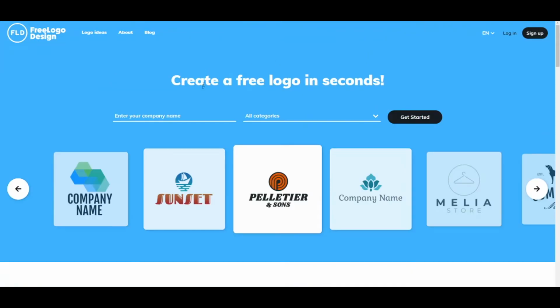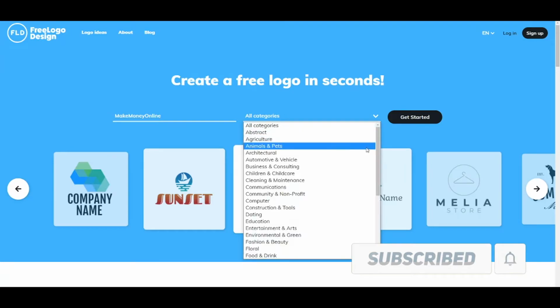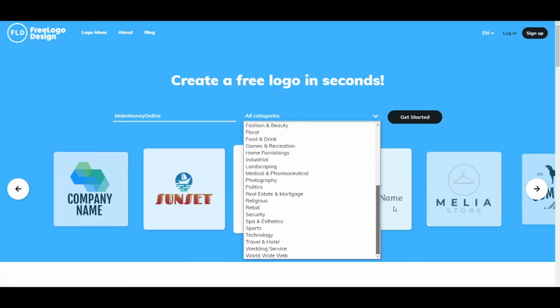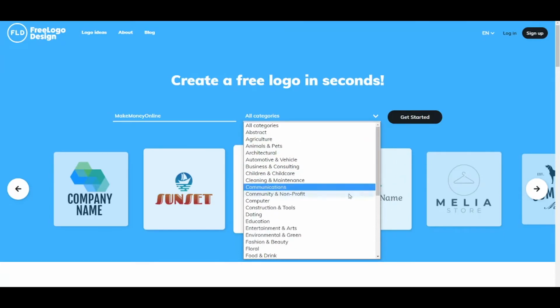So what you need to do is make some name for the logo. For example, someone orders a logo for a Make Money Online YouTube channel like mine. You type that name in the search bar, and on the right side you choose the category. So basically, if somebody wants a logo for their sports team, you can choose sport. If somebody wants a logo for food or drink, you choose